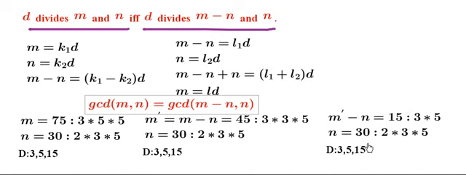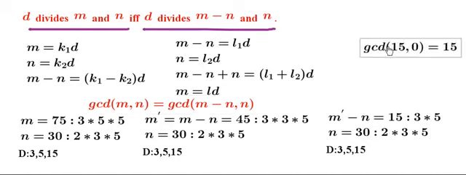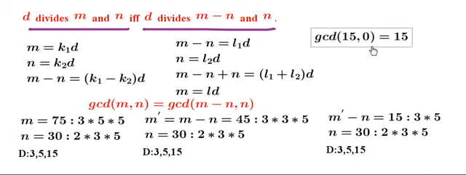So ultimately we will get two numbers 15 comma 15, and after one more iteration we will get two numbers 15 and 0. And we know that GCD of 15 comma 0 is 15. Why? Because 15 divides itself, and any integer will anyway divide 0. So ultimately we will stop here. So the stopping criteria is whenever we get one of the integers as 0, at that time the second value will be the answer, or GCD in this particular case.